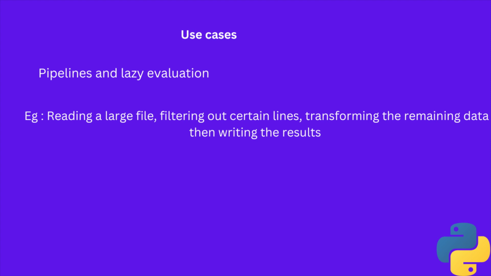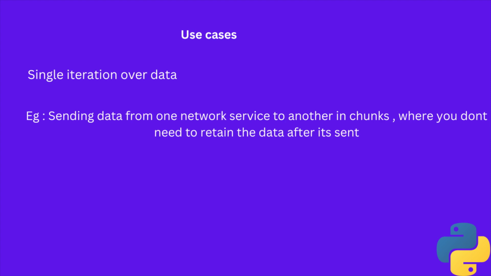Third, pipelines and lazy evaluation. When chaining operations in a pipeline where each operation only processes data as it's needed. Example, reading a large file, filtering out certain lines, transforming the remaining data, then writing the results, all of these without storing intermediate results in memory. Then you can use a generator. Fourth, single iteration over data. When you only need to iterate over data once, then you can use a generator. Example, sending data from one network service to another in chunks where you don't need to retain the data after